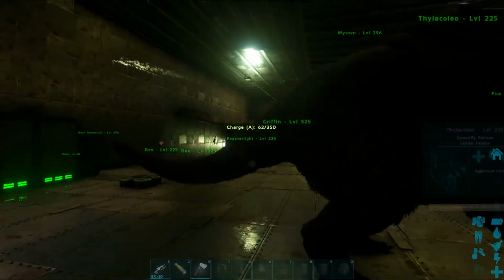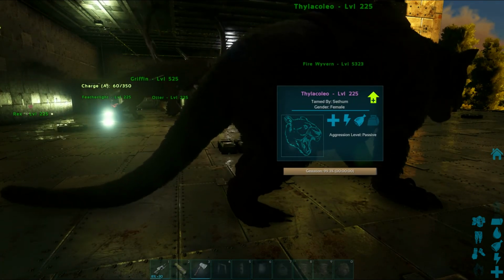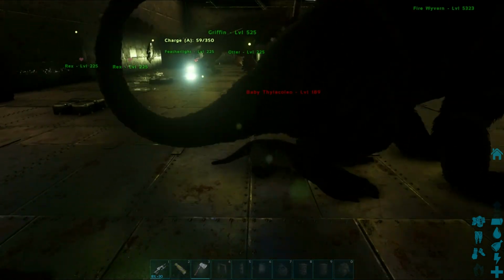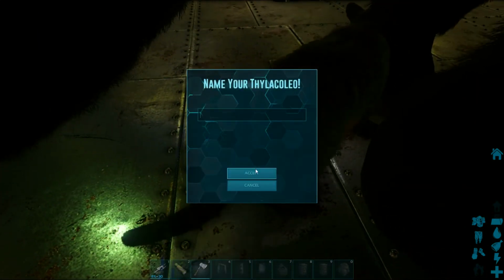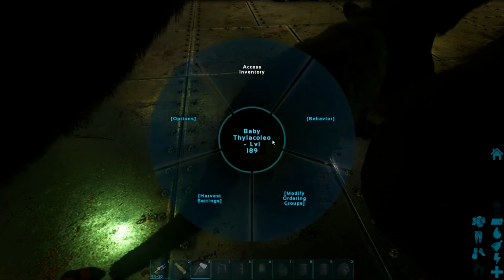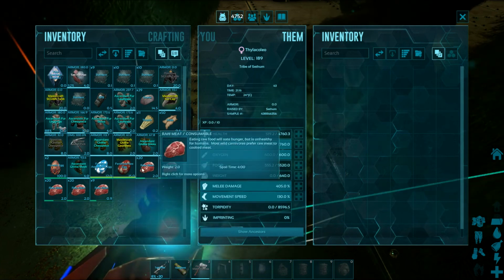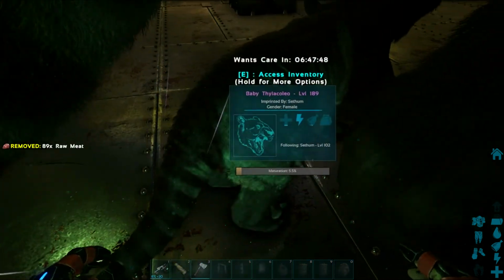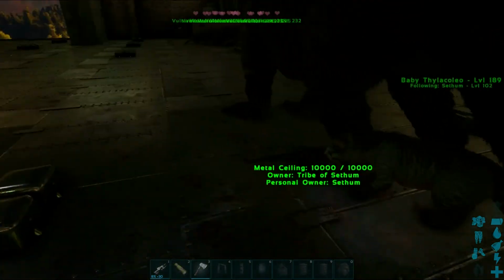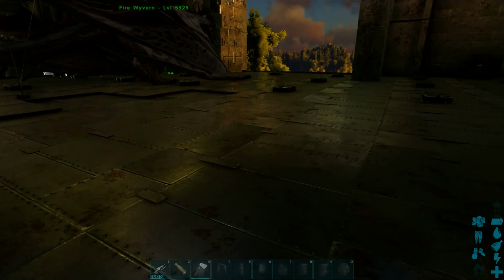Once, there we are, she's about to give birth, so once the baby is out, very important, make sure you imprint on your baby, then put food into inventory. Do not bother with the name, you can always change the name at a later time. Also, the person that has imprinted on the dino will be the only one that can continue with the imprint as it grows up. Obviously, this baby will grow up very quick, so I won't get a chance to imprint,